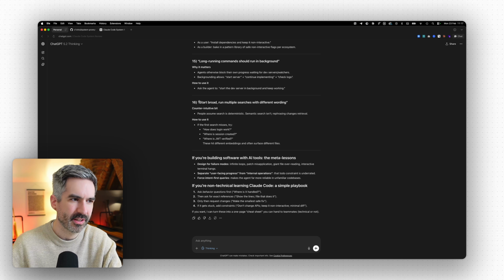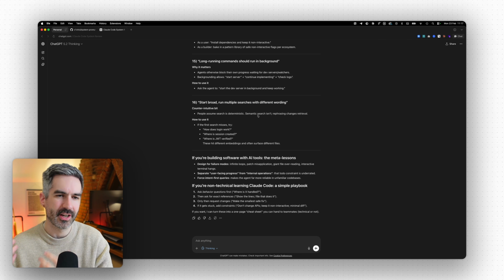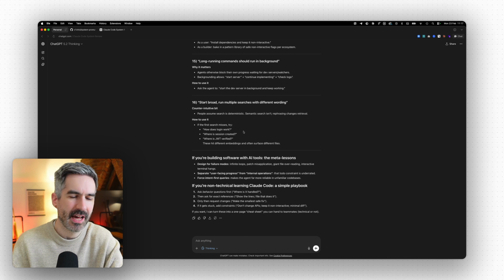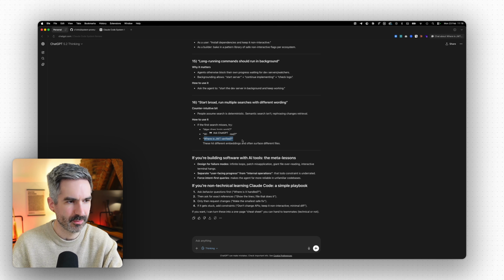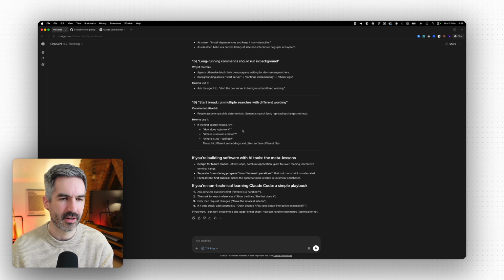And then this last one here is super interesting as well. Start broad and run multiple searches with different wording. So if you're trying to find something, if you're trying to understand something within your project, within your code base, try different angles on the question. So this is an example here, like how does login work? Where is the session created? Where is JWT verified? So you can ask, don't expect that the first answer you get back